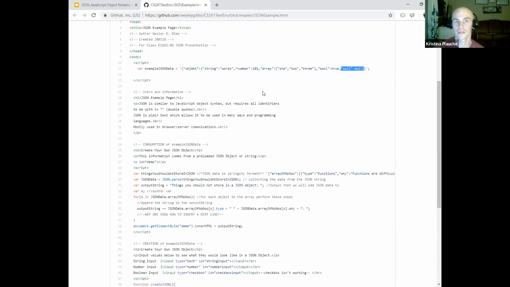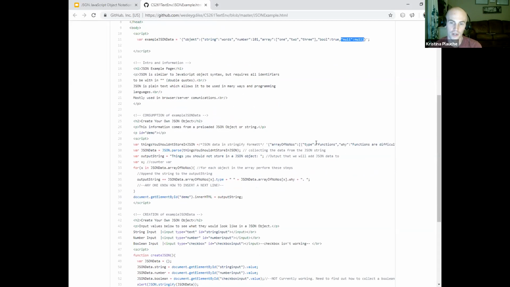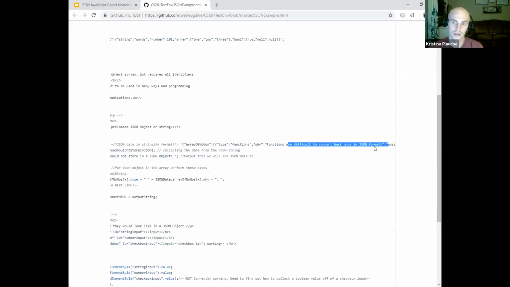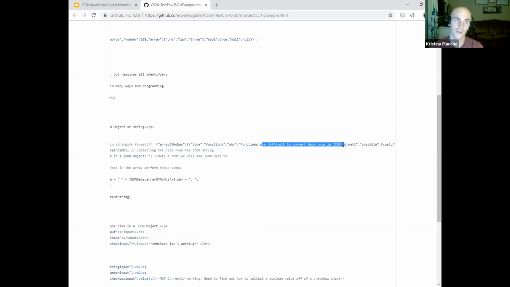Things that JSON has trouble storing are down here. Functions are hard. You can do it, but there are some extra steps that I didn't really go into. It'll convert them to text, and then it's really hard to get your function back out of text.